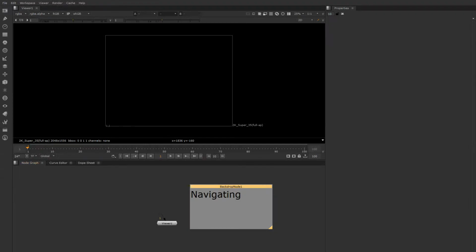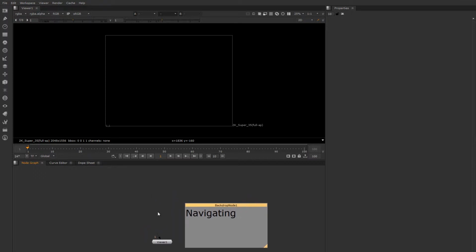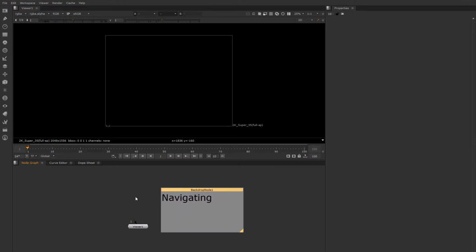The node graph is where you build your networks of nodes, that is to say, the logic or flow of your composites in Nuke. Clicking and dragging with the middle mouse button will pan the node graph. You can zoom in and out using the mouse wheel,